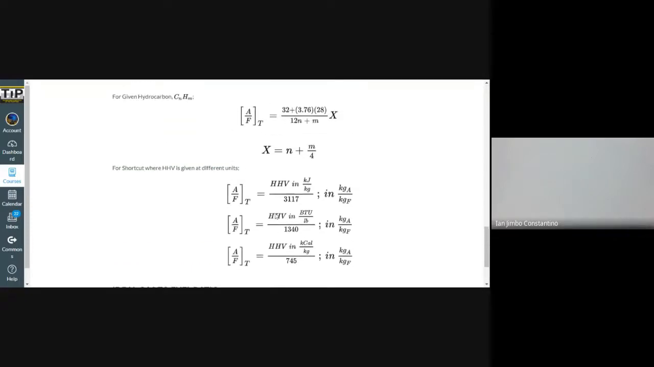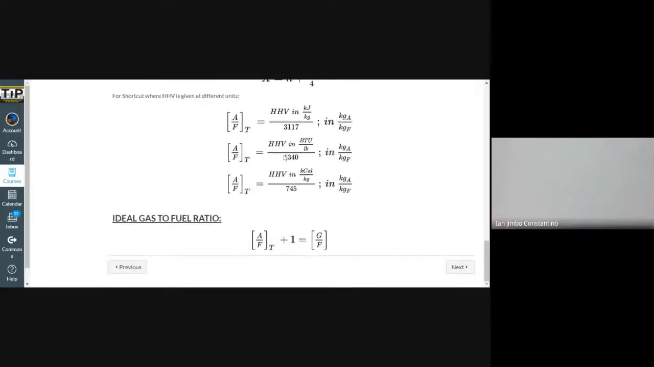Now, for the actual values of your air-fuel ratio, you just multiply that with the sum of your 100% of your air-fuel theoretical ratio, and then added by the excess air, if excess air is given. Okay? And then, since we are done with this, we'll proceed with the